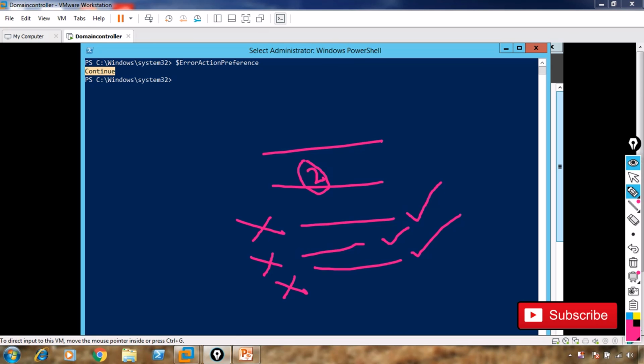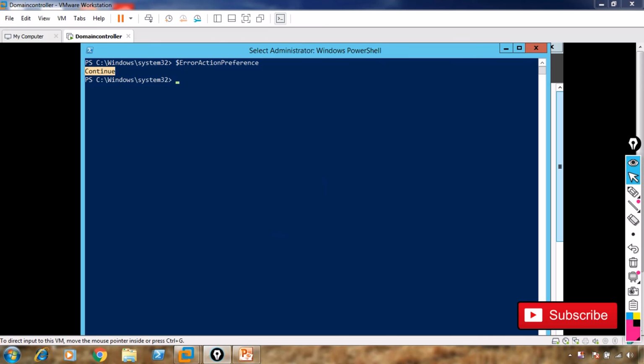So when PowerShell encounters an error at line 2, it is going to check the value that is there in the error action preference. The error action preference says go ahead, continue, so it will continue with the rest of the script. If I change this value to anything else, for example, SilentlyContinue is one of the options that you can set, which means don't show me any